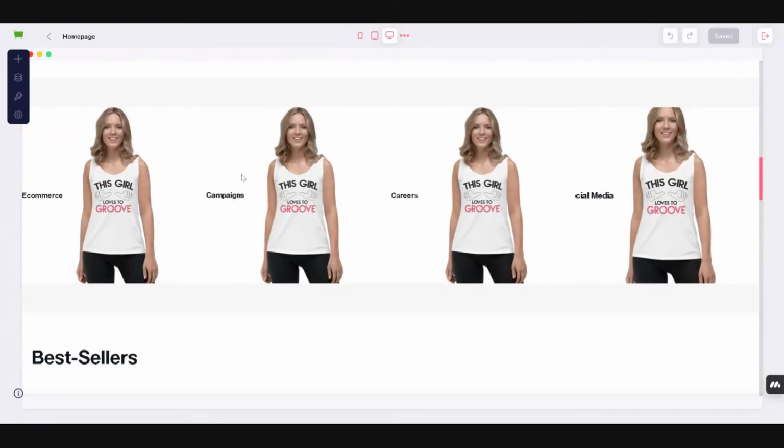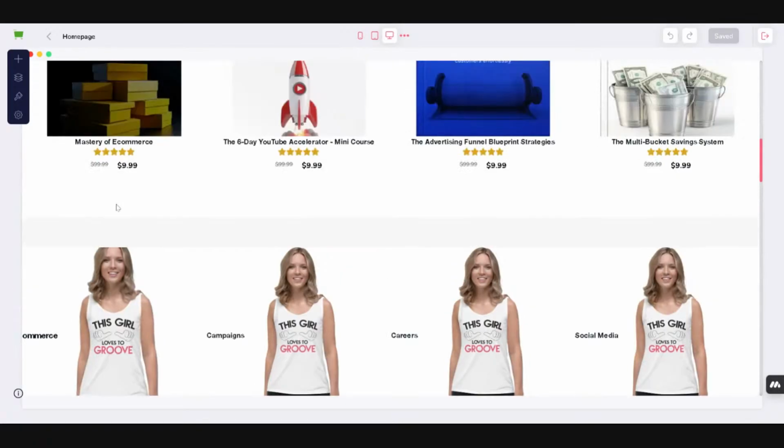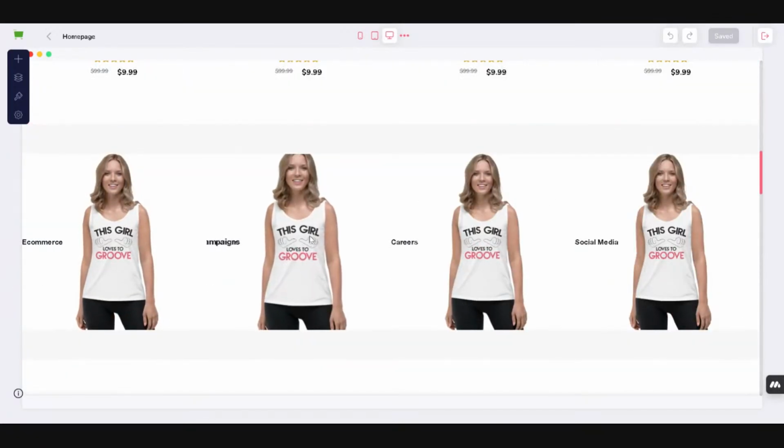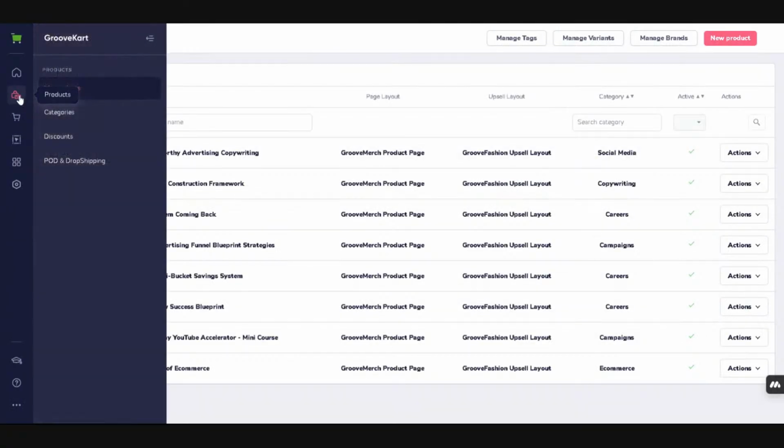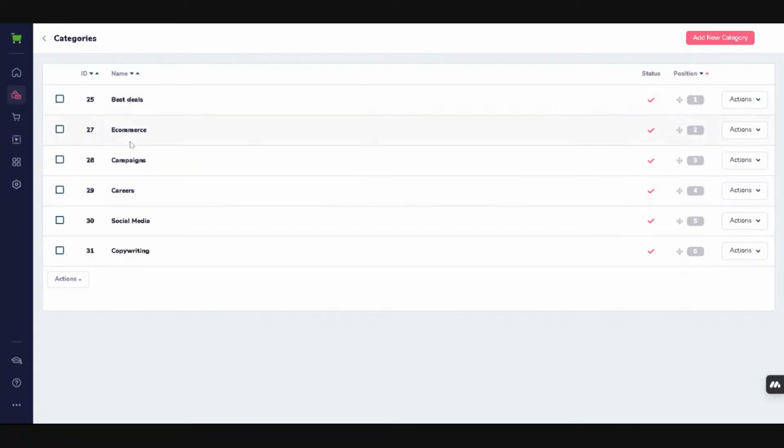Because I did actually make some changes in there, and you won't see it in here because on the categories, and this is what I'll show you now actually, on the categories, if I come over to products, go to categories, I've actually created the images in there. So if I go onto e-commerce, I go edit,